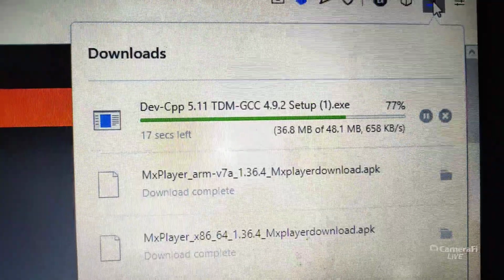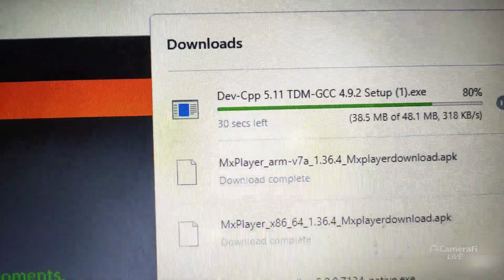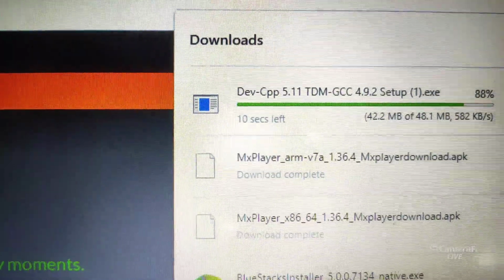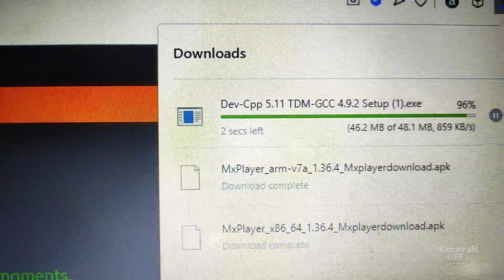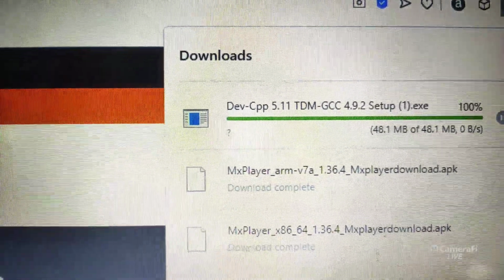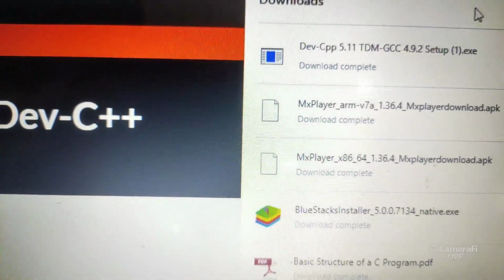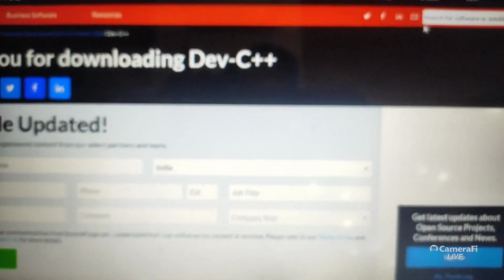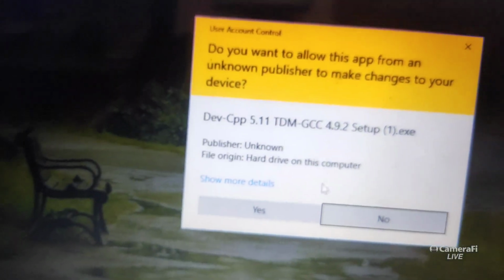At 100% you should open the file. Okay, so click on that file, double click. Okay, click on yes.